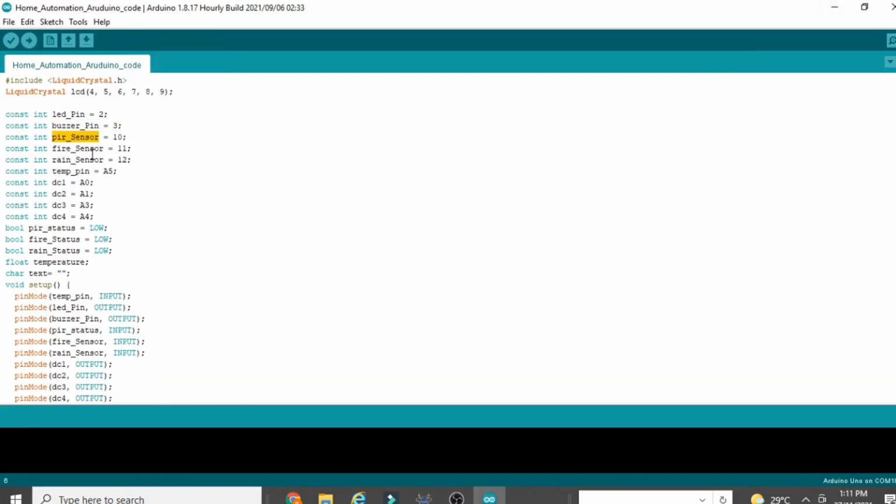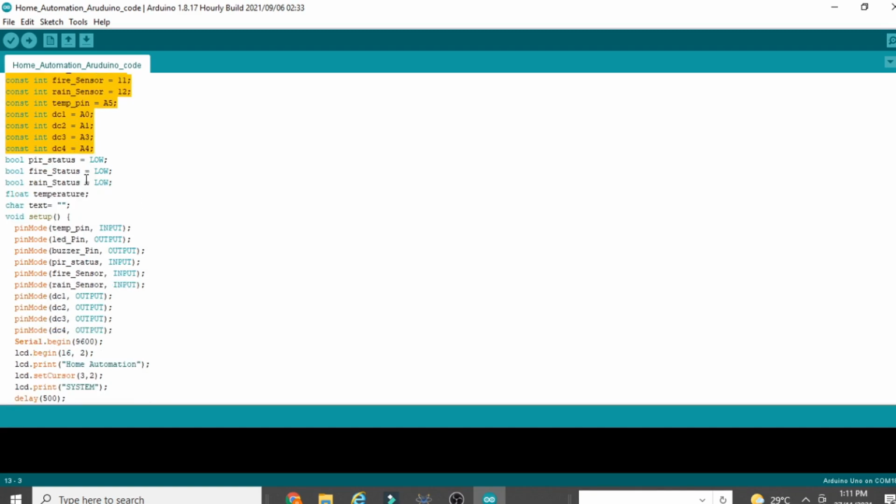Same for the PIR sensor, same for fire. The fire sensor is nothing but the MQ3 sensor, then the rain sensor, then the temperature pin, then DC motor 1, DC motor 2, 3, 4. So in this way we define all the pins here. Now the next part is we have to define some variables which store the status of